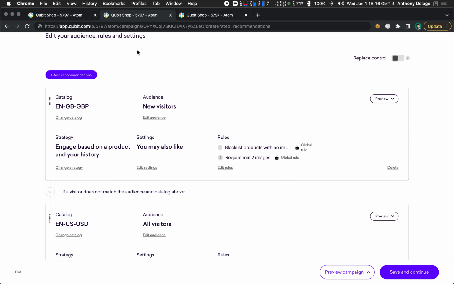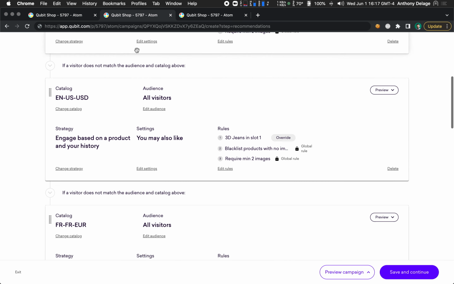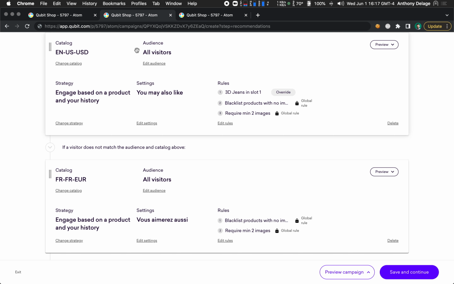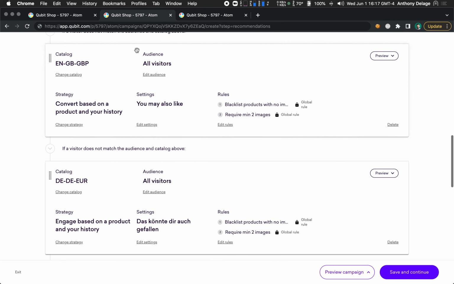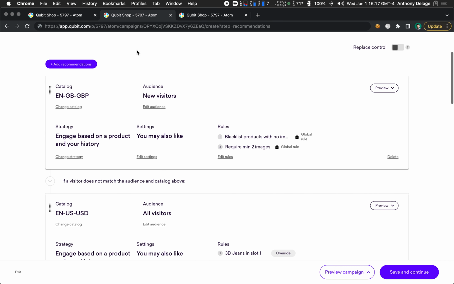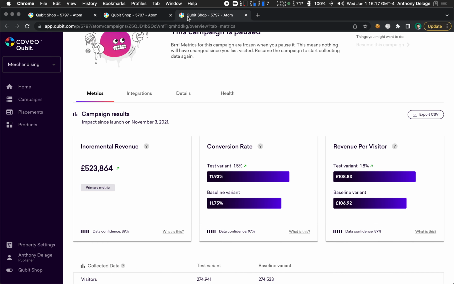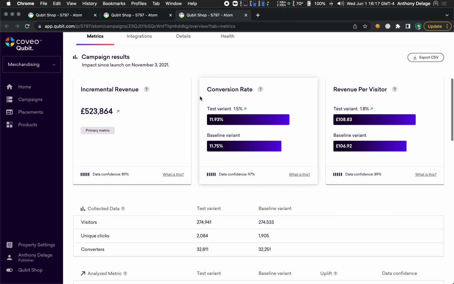For our multi-region retailers, we've added this new ability to basically set up a recommendation per catalog. What that means is that in one placement, you can set up one campaign and handle all of your regions. And so if you're, say, working across the globe or in continental Europe and you have tons of different countries to manage, putting this all into one campaign lets you have everything in one place rather than having one placement per region.